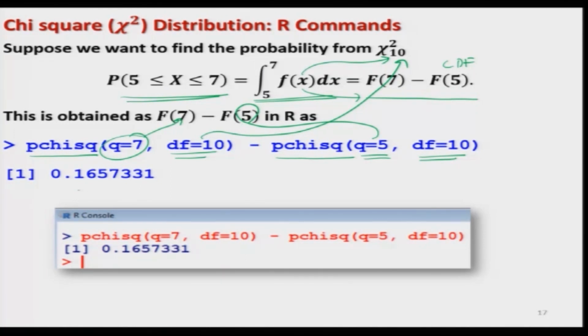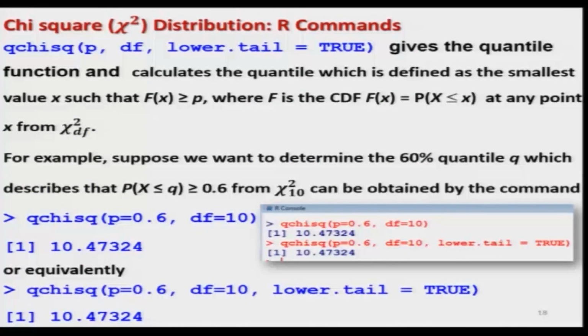And if you try to solve it, you will get this value, 0.1657331, and this is the screenshot of the same operation. So, you can see that computing different types of probabilities is not difficult at all. Similarly, if you want to compute the quantile from the same chi-square distribution, then we have a command